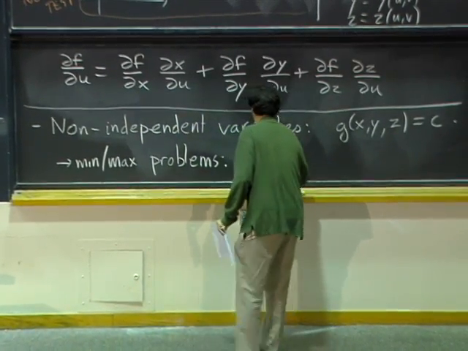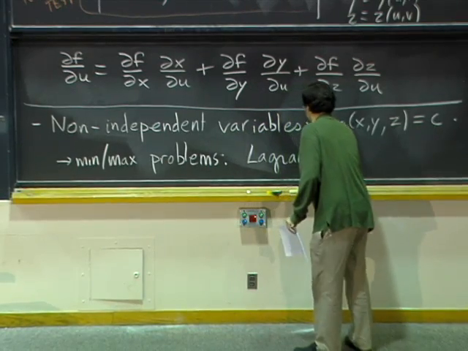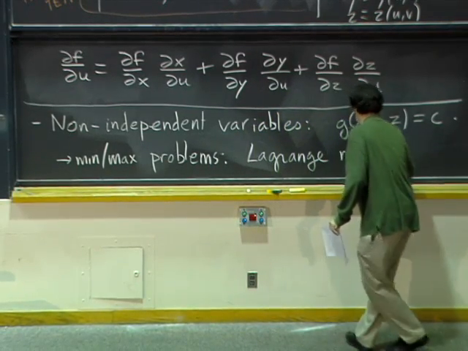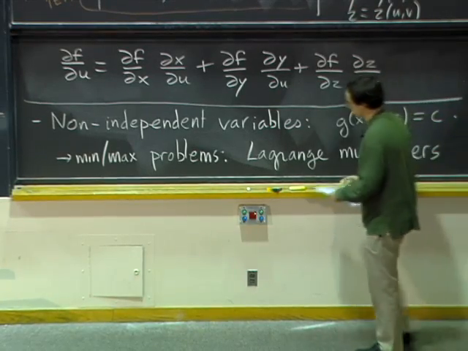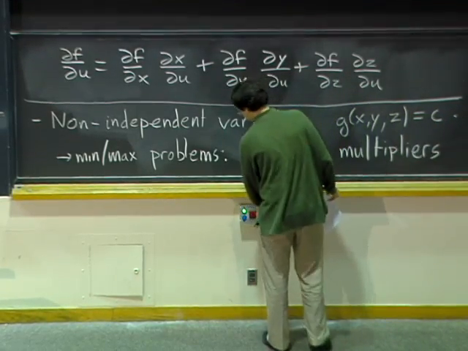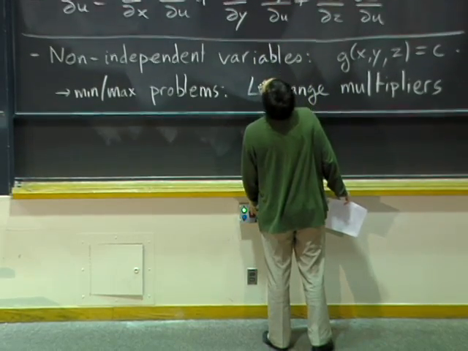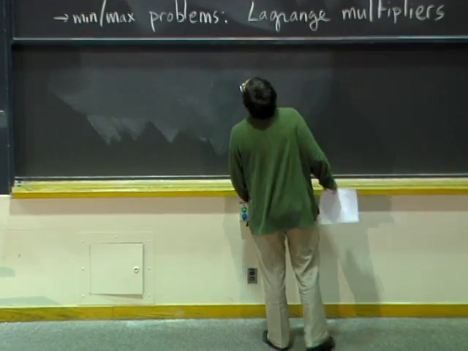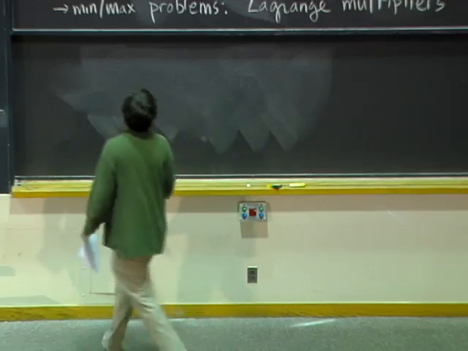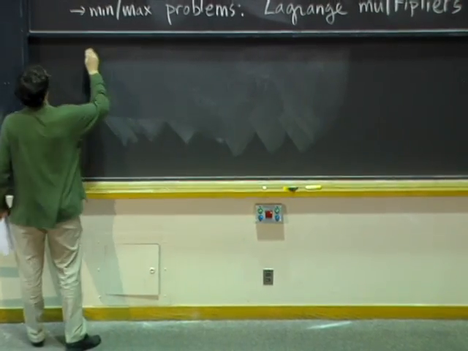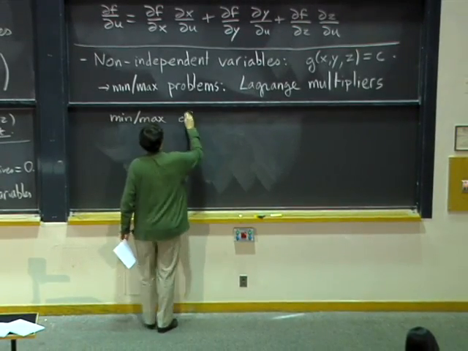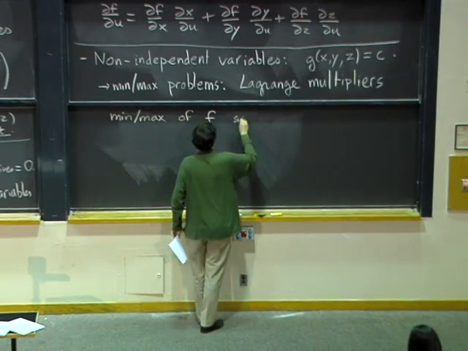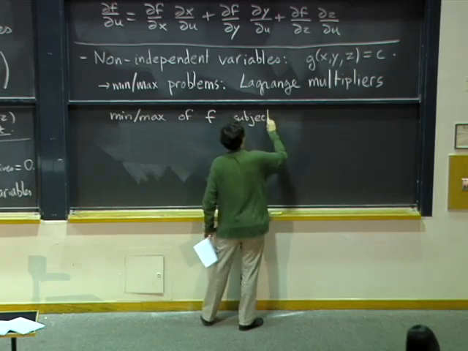And that's the method of Lagrange multipliers. So remember, to find the minimum or maximum of a function f subject to the constraint